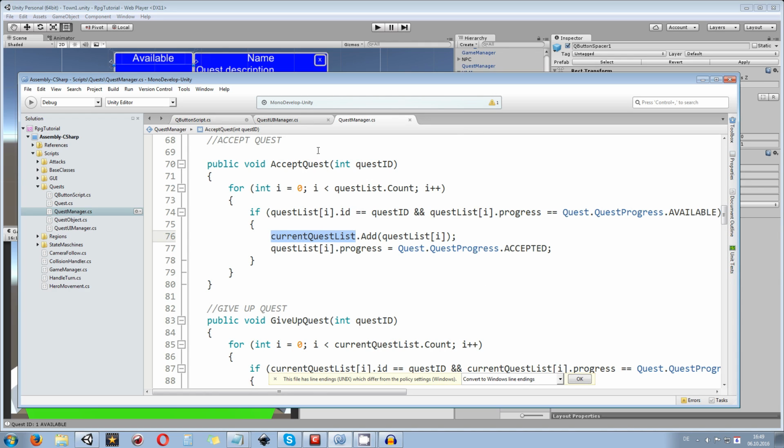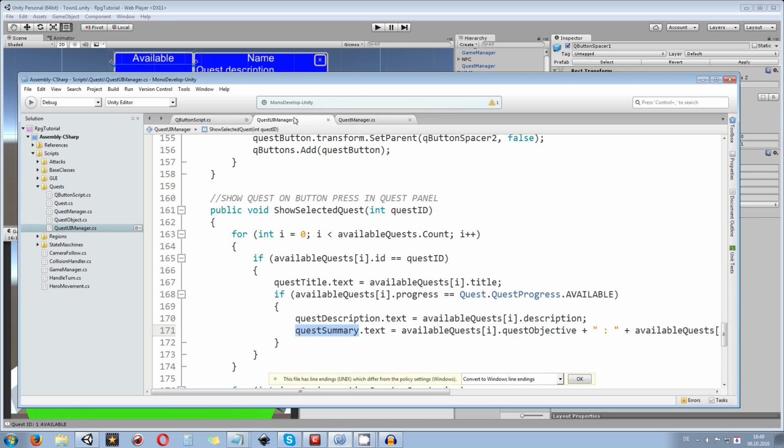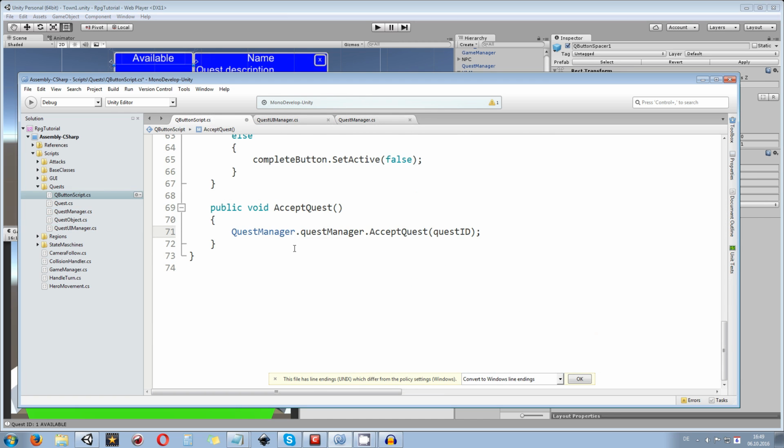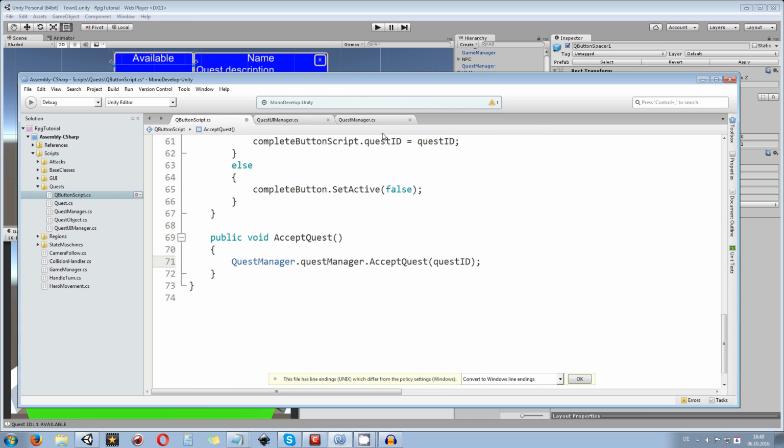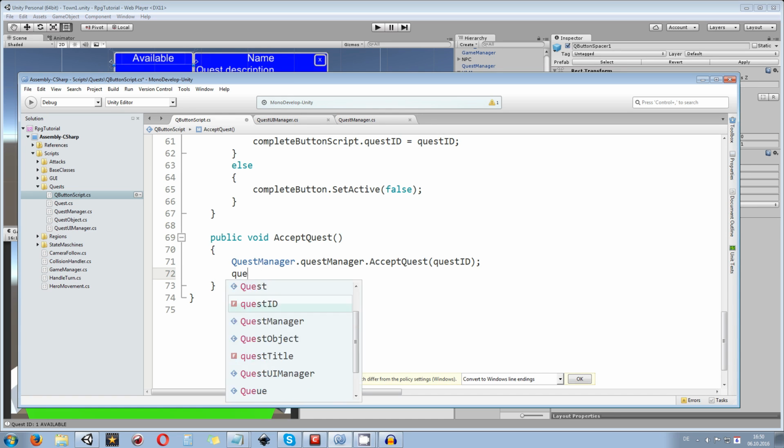That's everything we need to do with the quest manager, or basically what the user interface quest button is going to do. We click on that, and it says, hey, quest manager, I don't want to be just available, I want to be accepted. Okay, and that's what we do when we are clicking on that button. Also, now we can do it 2 ways, as I said before. The first thing is we can clear the whole screen and update the whole quest screen and leave it open. The other way would be, I'm going to show you this one pretty quick at first,